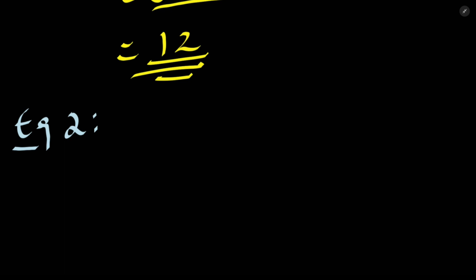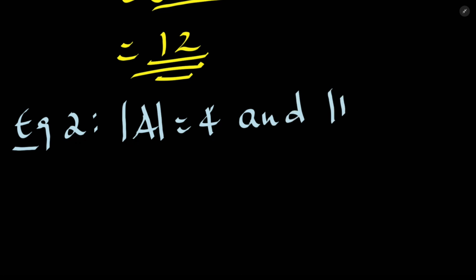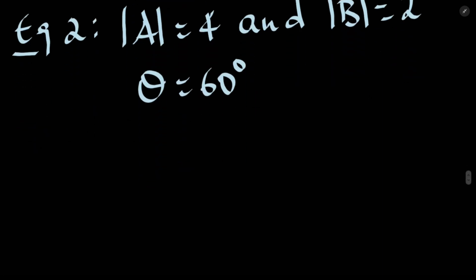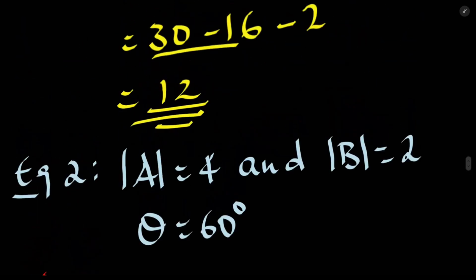Let's say we have two vectors. The magnitude of vector A is 4 and the magnitude of vector B is, let's say, 2, and the angle between them is 60 degrees. በሁለቱ መካከል ያለው አንግል 60 ዲግሪ ነው ብለን እንበል። ሶ የተፈለገው A dot B ነው ማለት ነው።